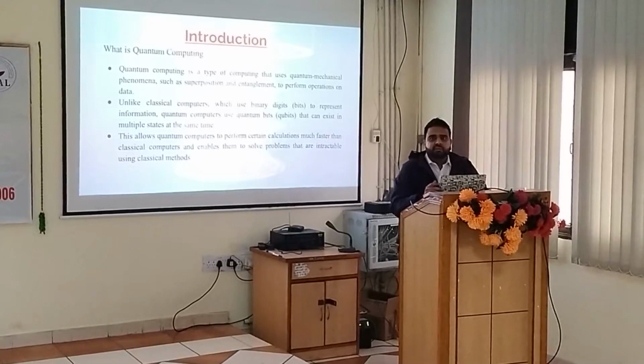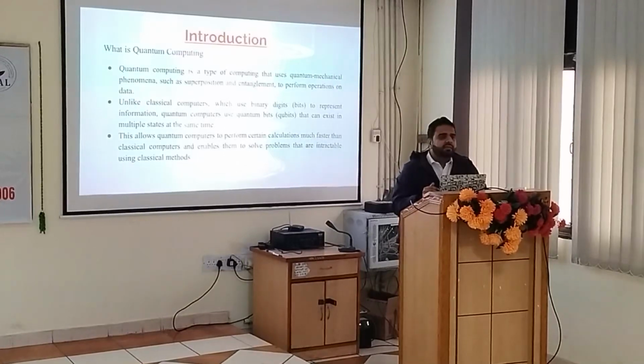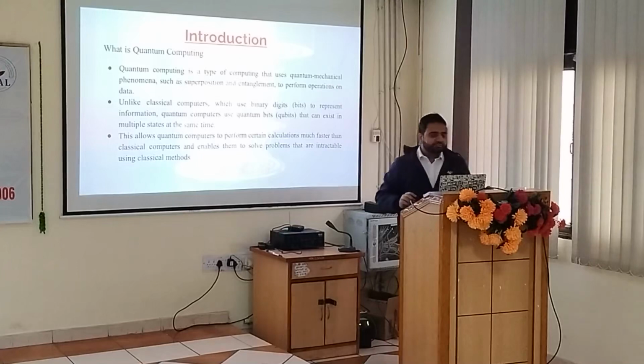Let me give you one example. Suppose an entire system is stable, and the rotation of one particle in it is anti-clockwise. To keep the entire system stable, what will be the rotation of the other particle? If there are two particles, one rotating anti-clockwise and the system is in a stable state, the other particle must rotate clockwise. That's entanglement. Knowing the state of one particle, we can get the information of the other particle.